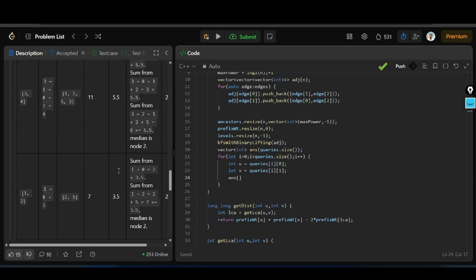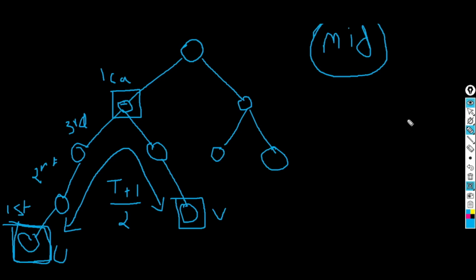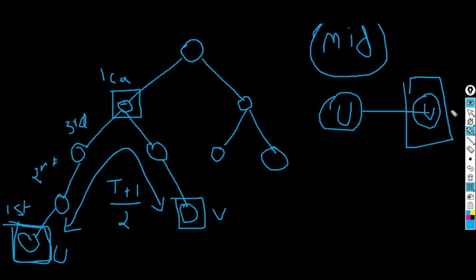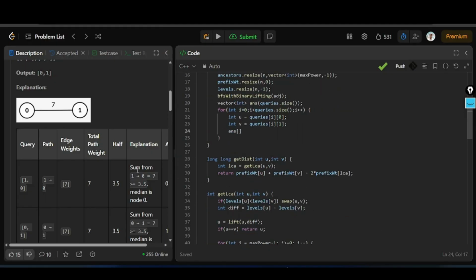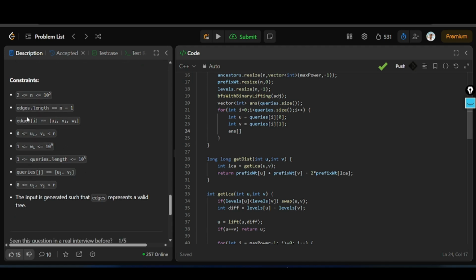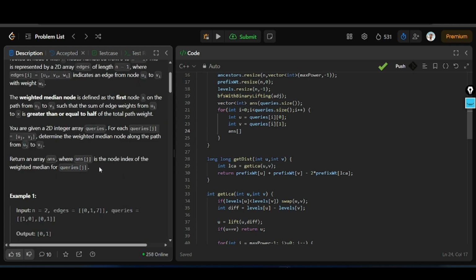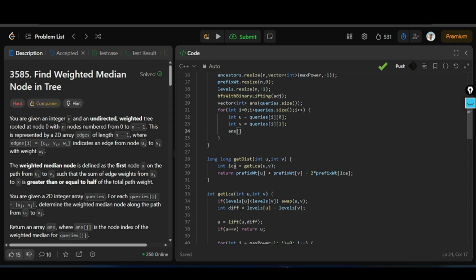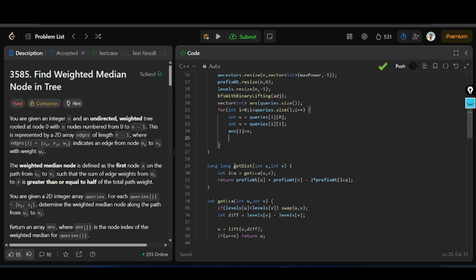I guess they can also be equal, but for conditions where we have only one edge between v and u, we can always consider by default from the start v to be that node, right? Because I think the edge value is never going to be 0, if I'm not mistaken. Yeah, it's never going to be 0. It's always going to be the second node as my answer. So by default I can consider v to be my answer,